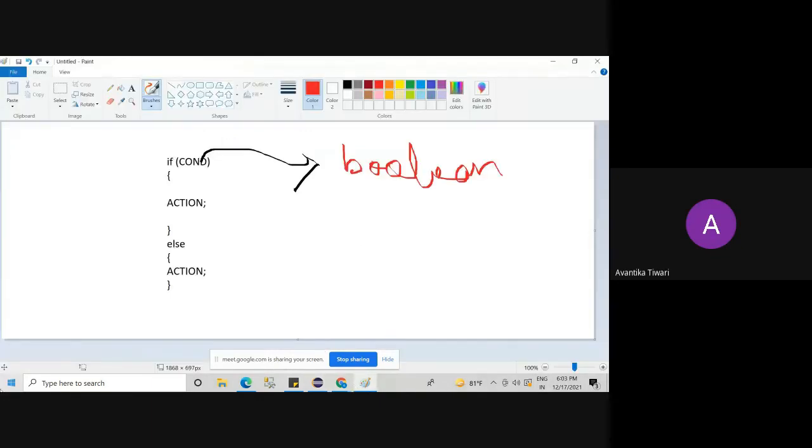Now tell me, in this syntax, is else a mandatory part or an optional part? Half of you are saying that it is mandatory and some are saying it is optional.